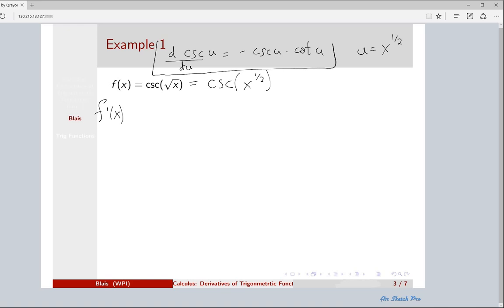So when we use our chain rule, we do the derivative of the outer function, leaving the inner function alone. So we have negative cosecant u times cotangent of u, times the derivative of the inside, we can write it this way, du dx,